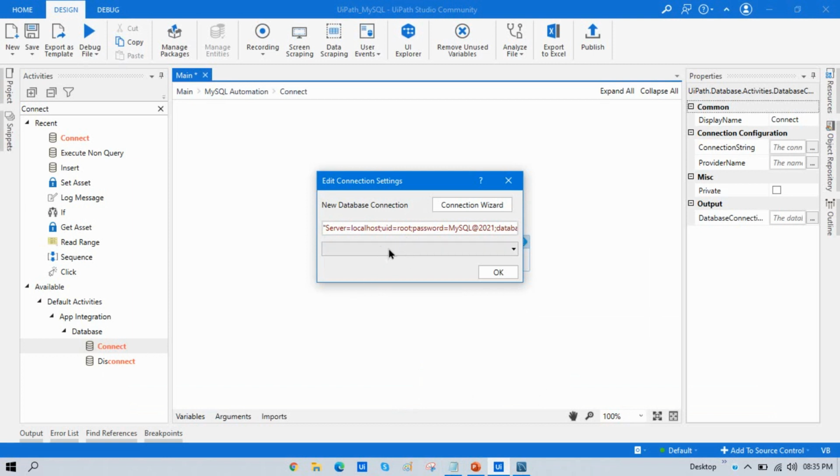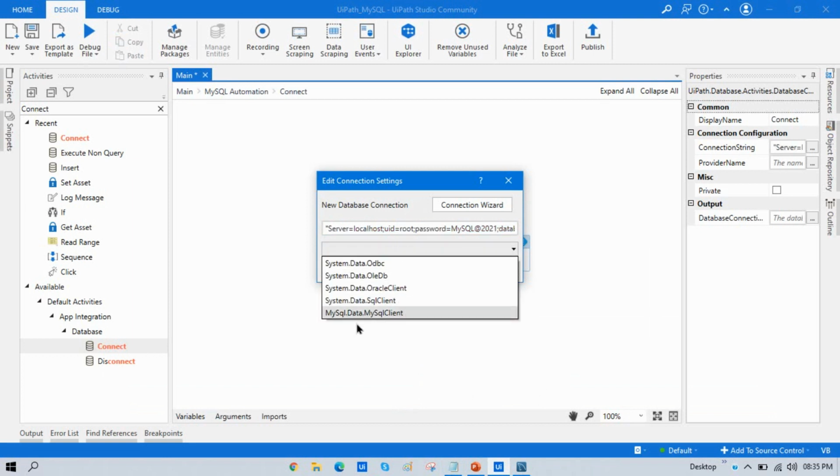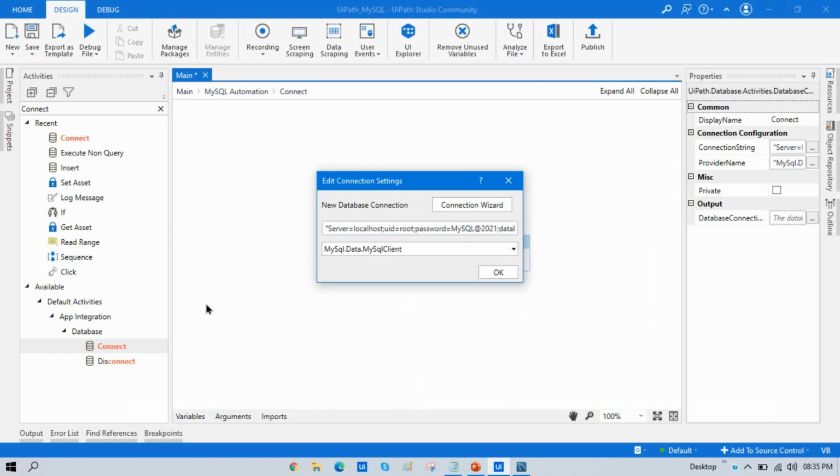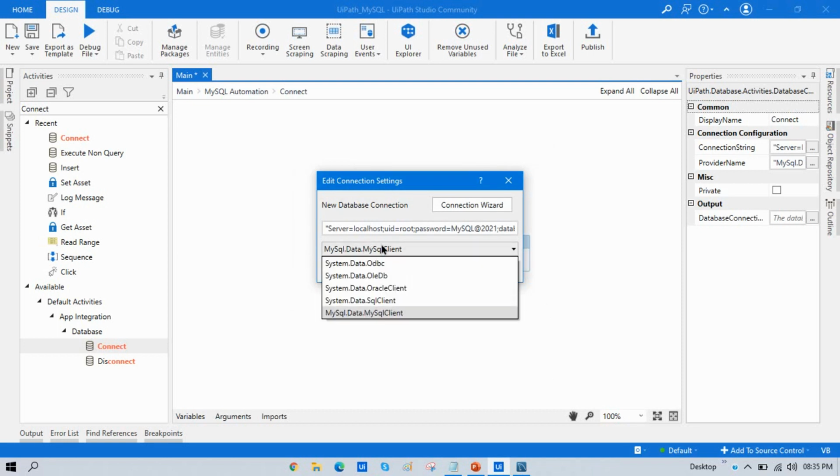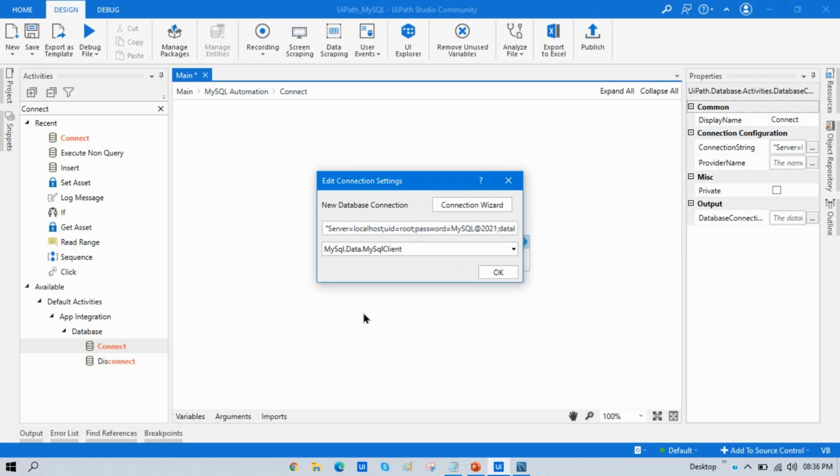Now from here you have to click on that and select MySQL.Data.MySqlClient. You are getting this option here, but when you search here, it is not available, right? So you just have to prepare that connection string, paste it here, and then select this data provider. This is the provider name.